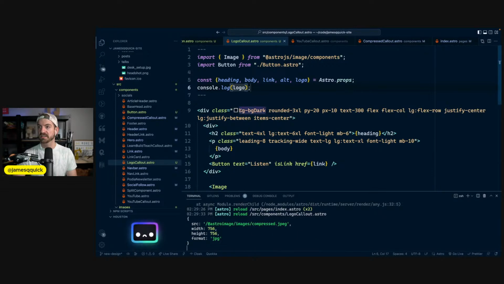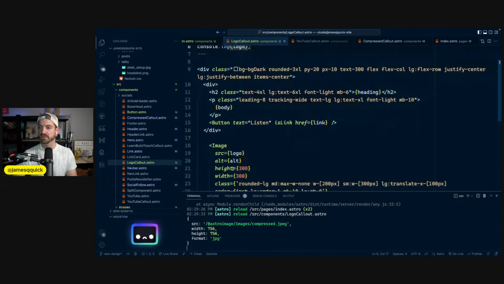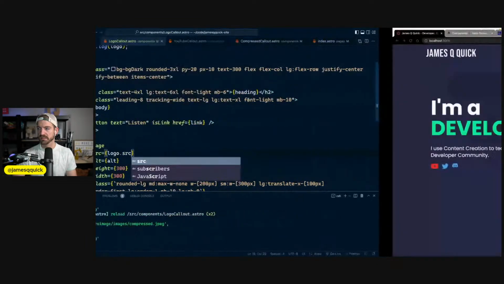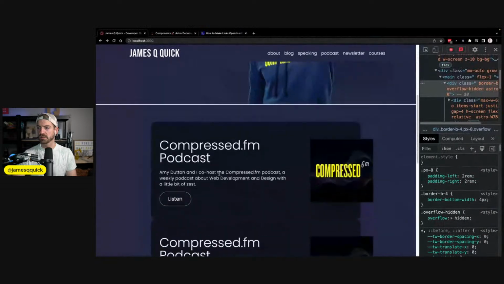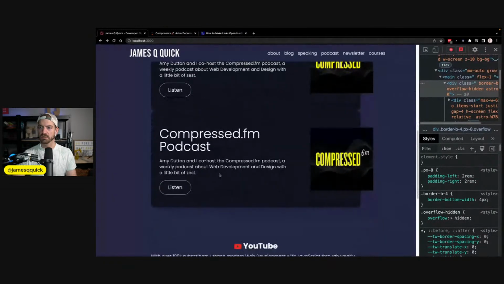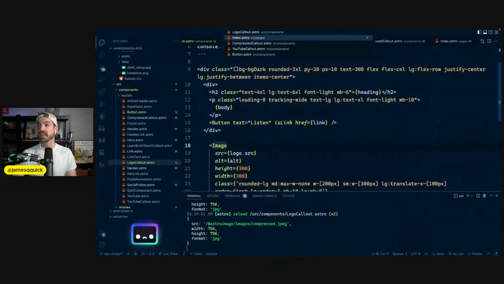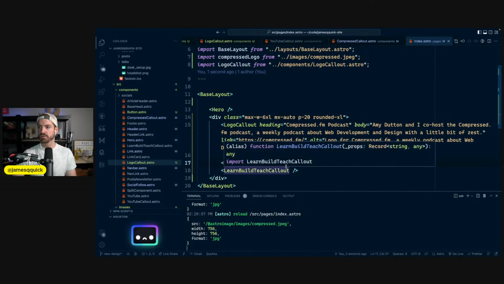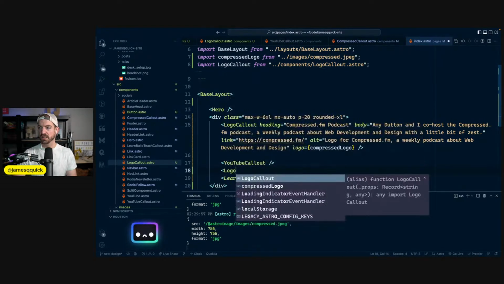Okay, so maybe it's just logo.source then, if we do it that way. Does that work? Cool. That worked. That's cool. So now we should be able to get rid of that one. That'll be okay. Then we will do another logo callout